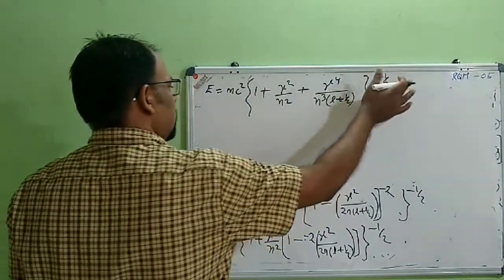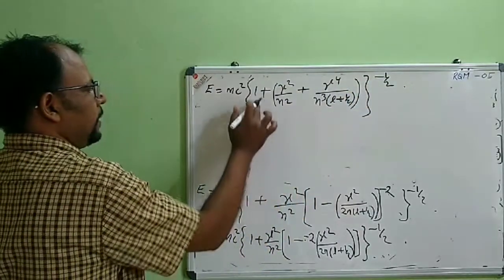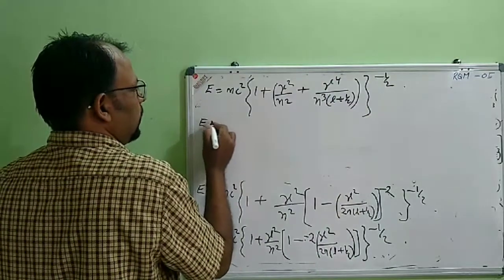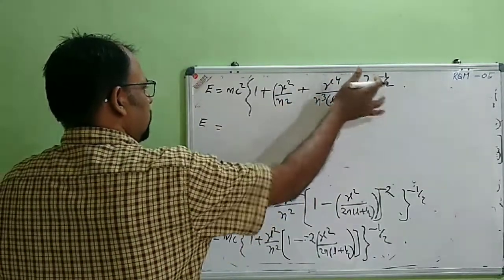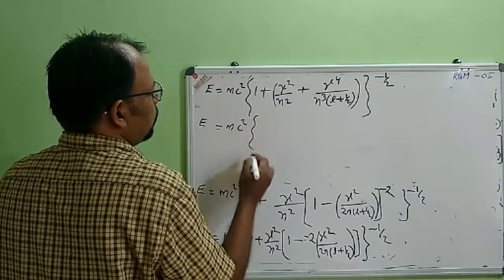So for finding the whole raised to minus 1 by 2, I am taking these two terms as x. Then expand 1 plus x the whole raised to n. So this will be, since gamma is a small number, this x is very less than 1. So we can expand using binomial theorem. E equal to mc square into